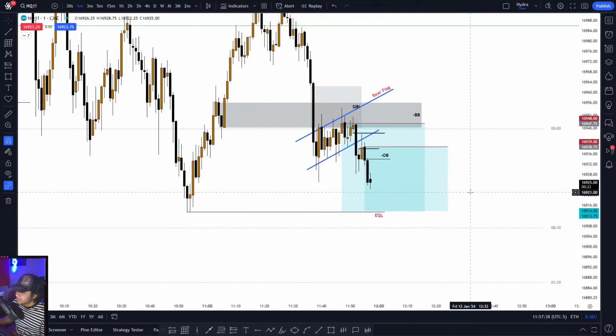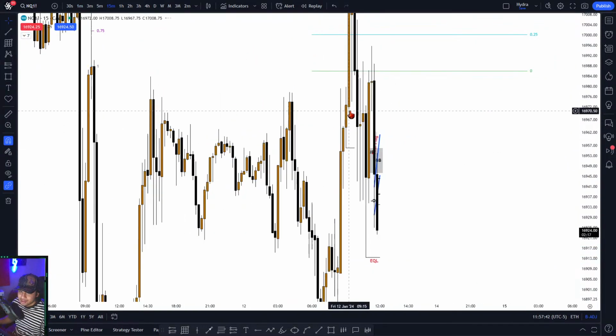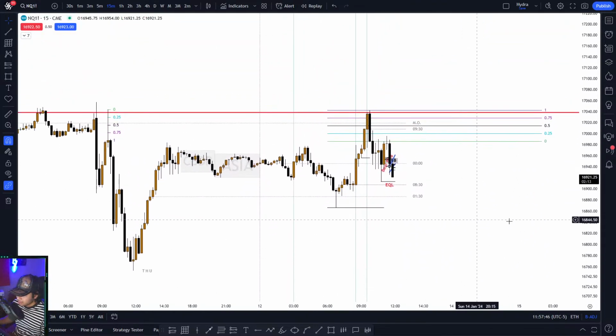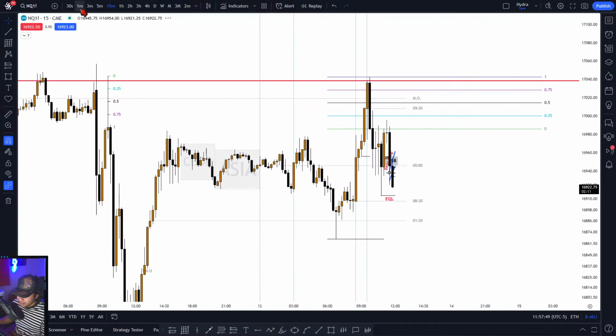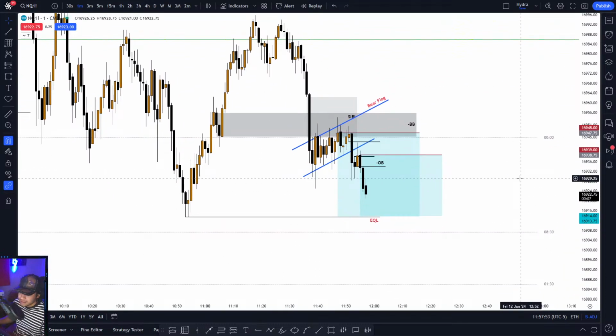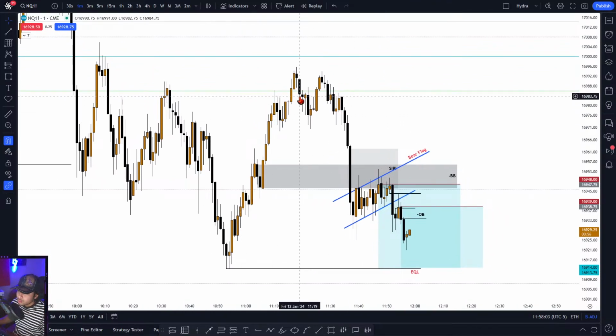But look at the delivery, folks. Today it's so choppy and so little volume, but still we made good profits. We're gonna close it with a good amount of money. 1157. But we could have made more because price was still respecting our concept,